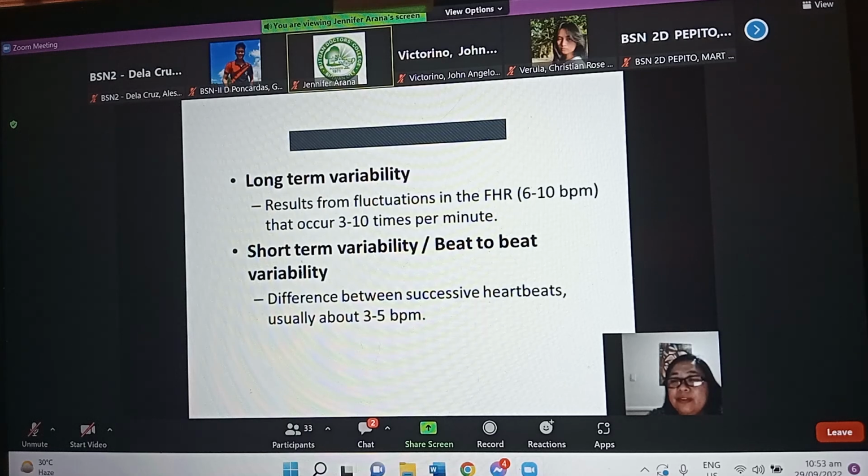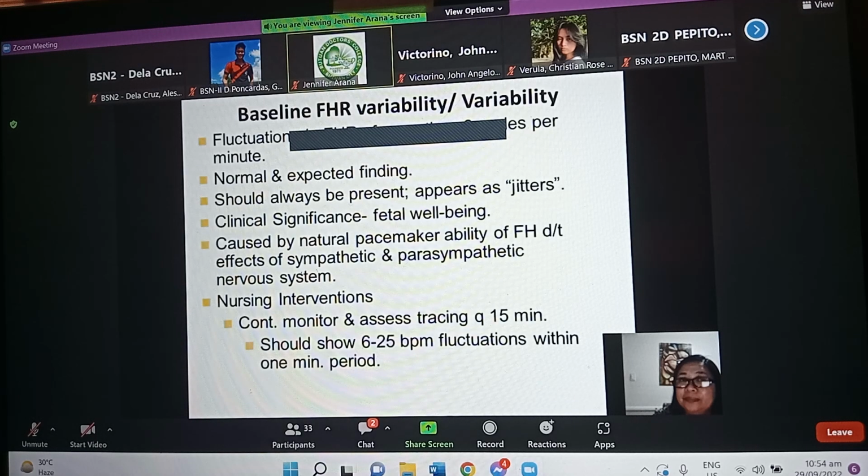Long-term variability results from fluctuations in the fetal heart rate that occur 3 to 10 times per minute. Short-term variability or beat-to-beat variability, on the other hand, is the difference between successive heartbeats, usually about 3 to 5 beats per minute. Again, baseline variability or baseline fetal heart rate variability are fluctuations in fetal heart rate of more than 2 cycles per minute. There are times nga